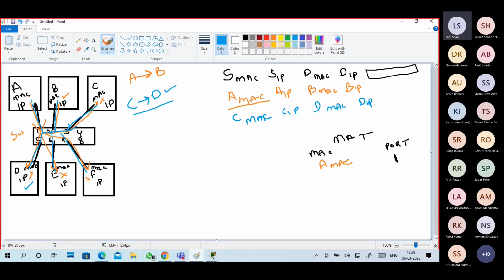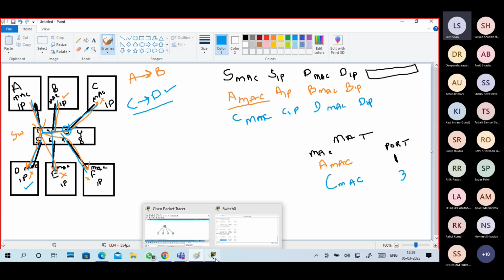So where is the port number? Port number is 3, and C's MAC address, C is connected. Like that it will be created.